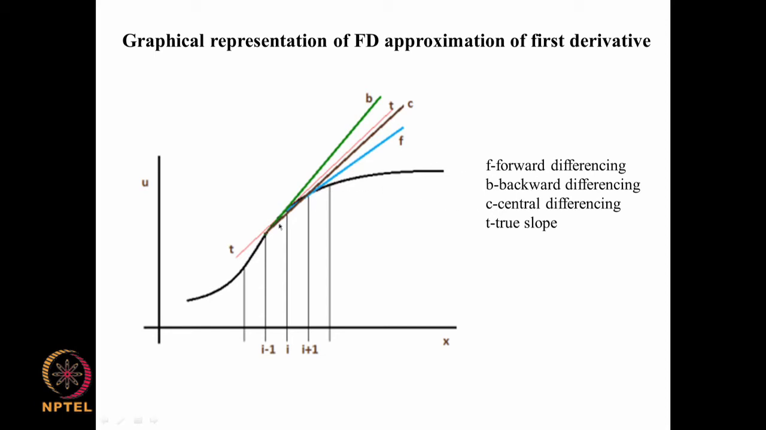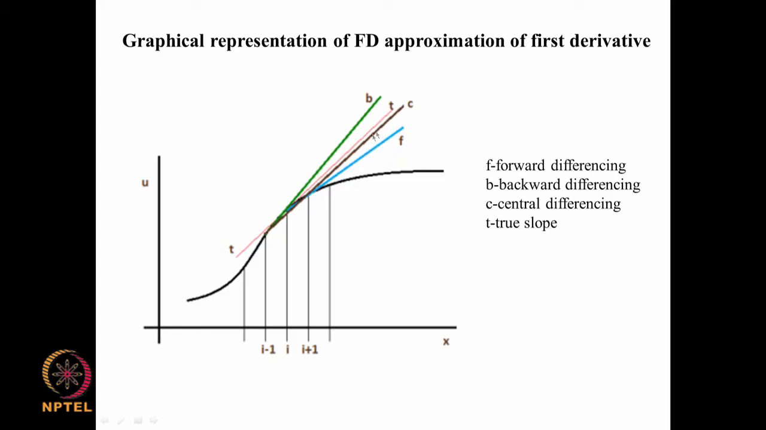And backward differencing is based on a line drawn between the value of the function at i minus 1 and i, and that is the green line here. And the central differencing is based on a line which is drawn between the i minus 1 value and the i plus 1 value, and that is this black line given by C, central differencing here. And if you now look at the slopes, that is the angle that each of the straight lines is making with the horizontal, we see that the central